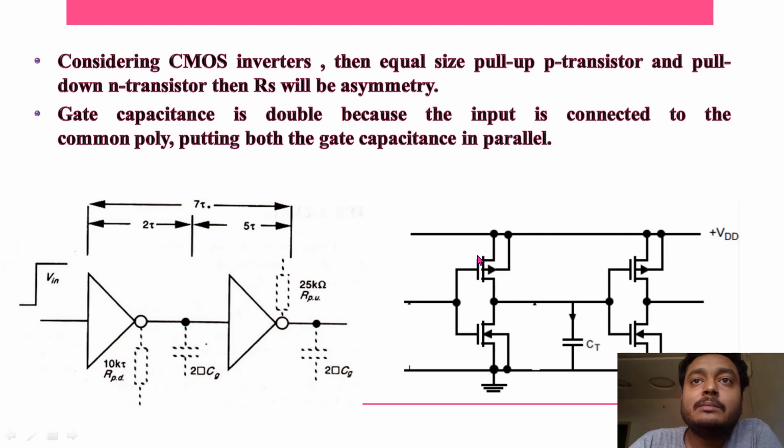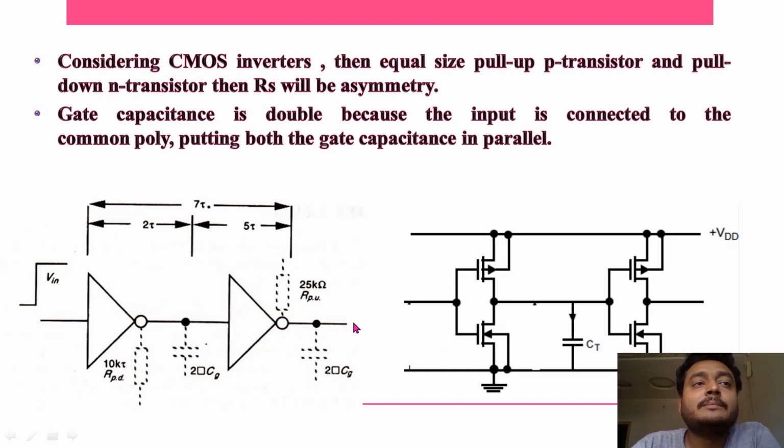So this will be your CMOS inverter cascaded here. I have just depicted this circuit in this manner, internally. Here, similarly, you have a transition from 0 to 1. If you give 1 here, you should get 0 here. What will happen? PMOS will be off, NMOS will be on. And whatever the resistance is there, the delay is contributed by only this transistor, not this one, because only this transistor is turned on.